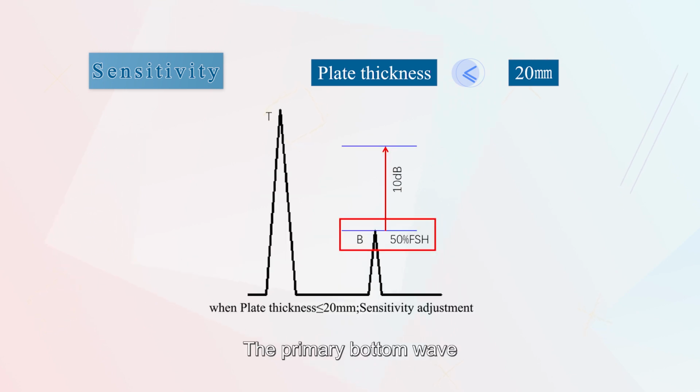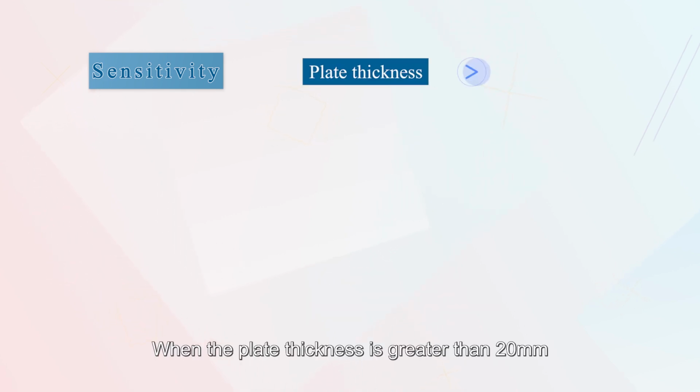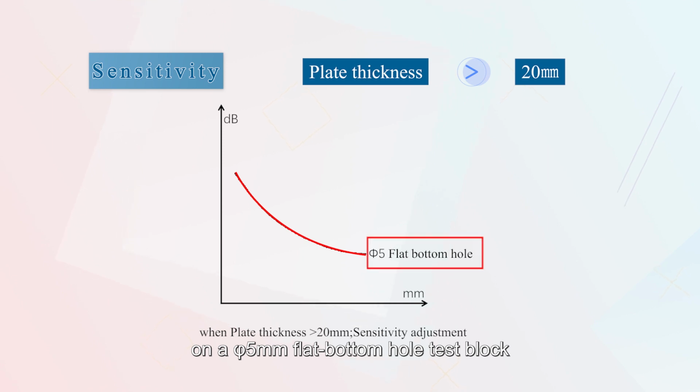The primary bottom wave is adjusted to 50% of the full scale and then increased by 10 dB as the reference sensitivity. When the plate thickness is greater than 20 mm, draw the distance amplitude curve on a 5 mm flat bottom hole test block according to the probe and instrument used, and use this curve as a benchmark